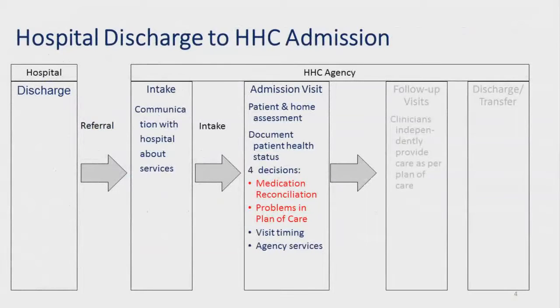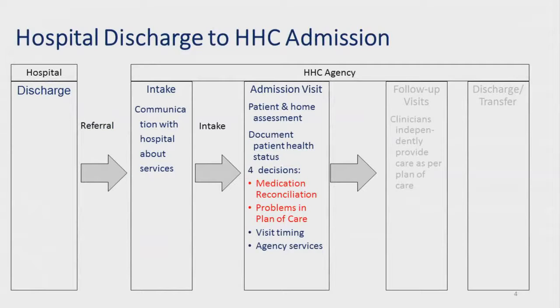So briefly, this is the process of hospital discharge to home health care admission. The hospital at discharge generates paper or electronic documents with all the referral information that they wish to send to the agency. At the agency, there tends to be an intake nurse who communicates with the hospital to make sure the patient is appropriate for the services that the agency offers and that the patient has insurance that the agency takes. Then a nurse is assigned to the patient to do a home visit during which they assess the patient